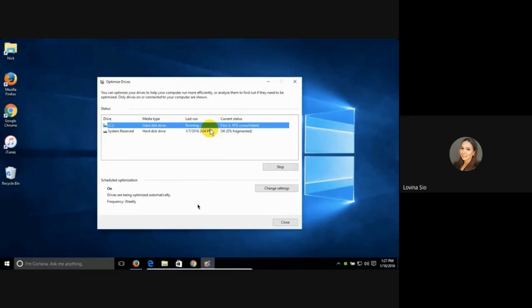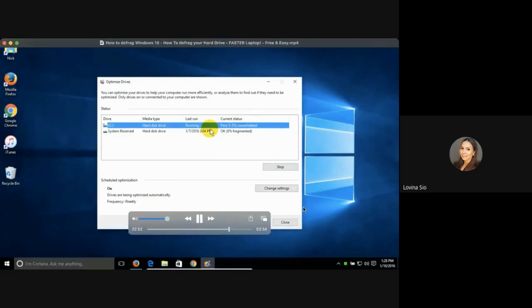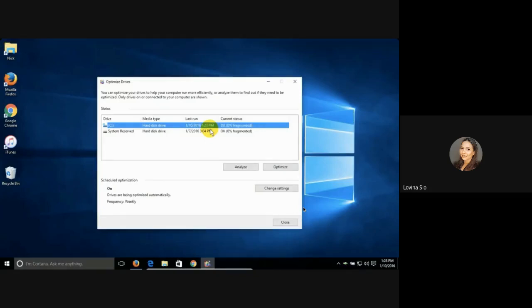Now once it's completed, you do have a message that comes back and says that it's 0% fragmented and it's okay to use your drive at this time. Now, if you want to change the frequency of Windows 10 automatically defragmenting your drive, you can go over here